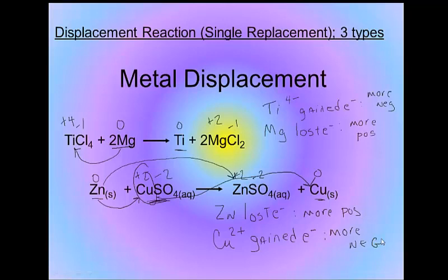And again, not all metal displacements are going to occur. What occurs will depend on the standard reduction potential list. So I'm going to write that up here. Standard reduction potential list, which I am going to teach you how to read in the second half of this video. Not all single replacement reactions will occur. Right now, recognize